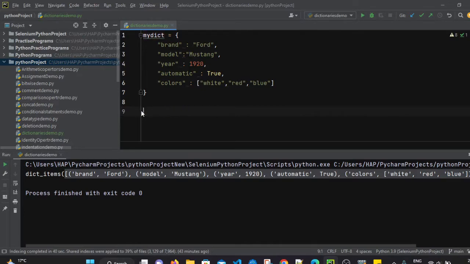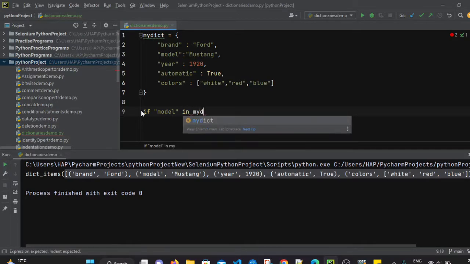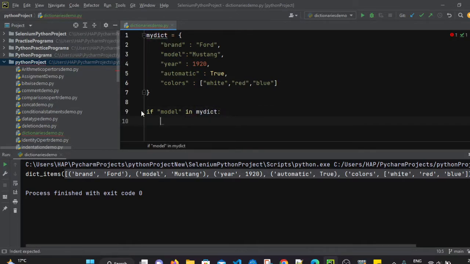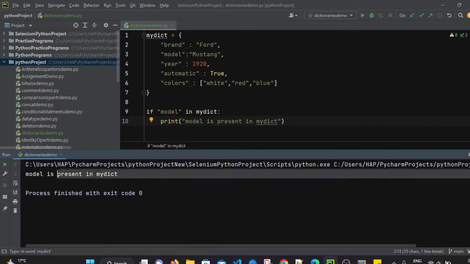I will simply use an if statement: if model in mydict, then print model is present in mydict. So when we execute this file, model is present in mydict because this model is specifically present in my dictionary.